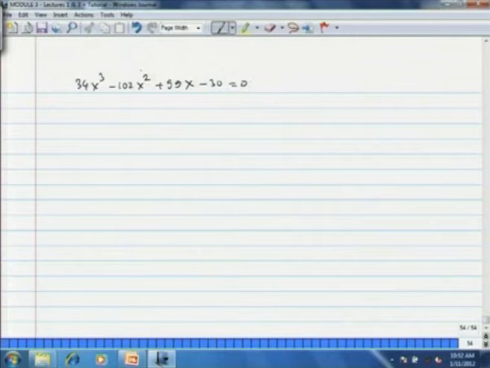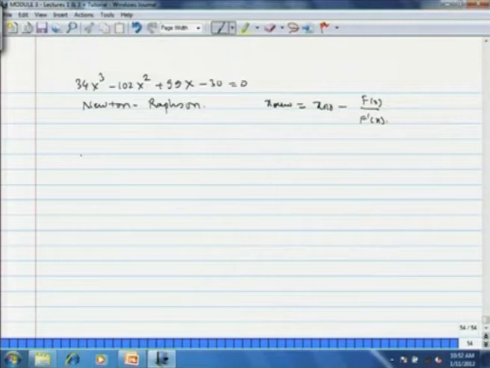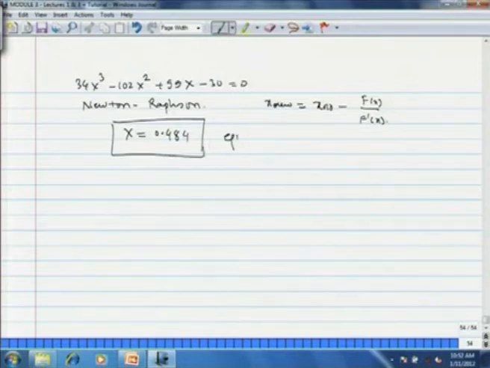Now, this you have to solve to get the answer of x. Now this we can solve using the simple Newton-Raphson technique, and then x new is equal to x old minus f(x) divided by f dash (x). This is a simple formula. You put it in any subroutine of MathCAD or MATLAB, and then you can find out x is equal to 0.484. So that is the equilibrium conversion for the given condition. So that is the answer to the first question.